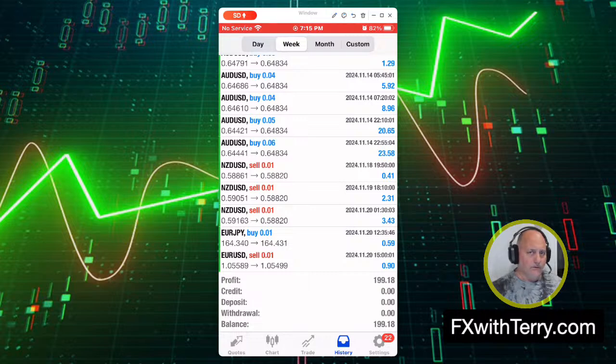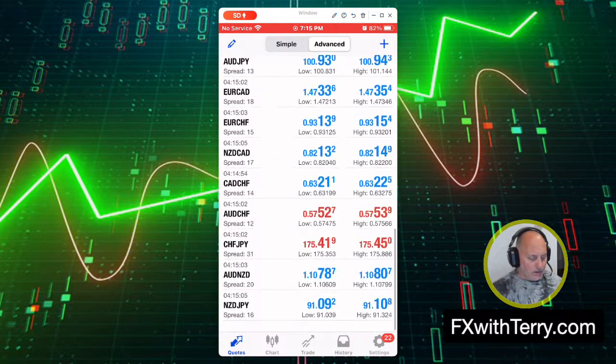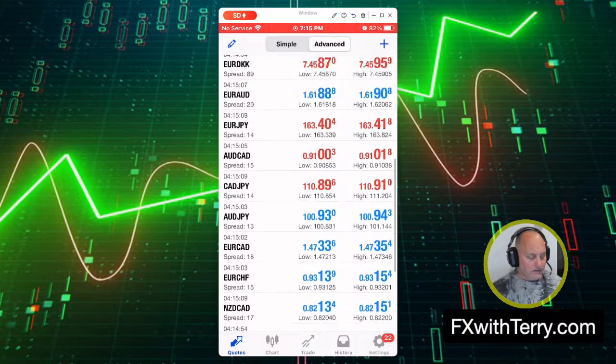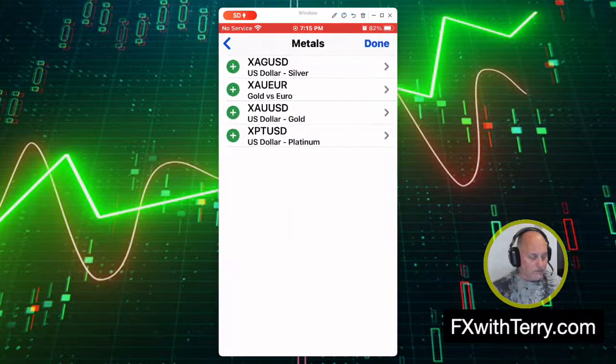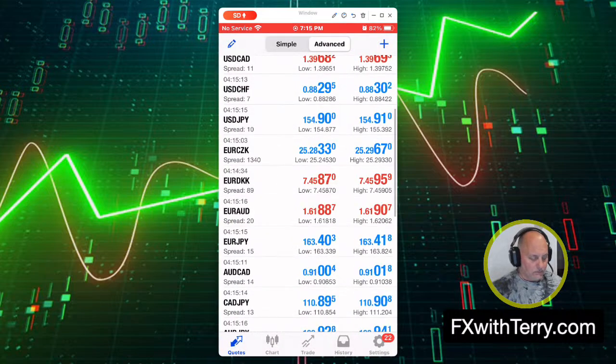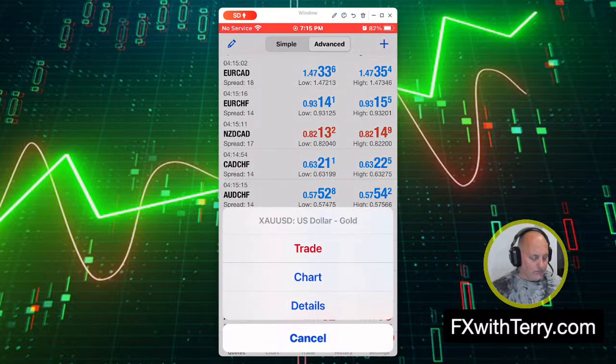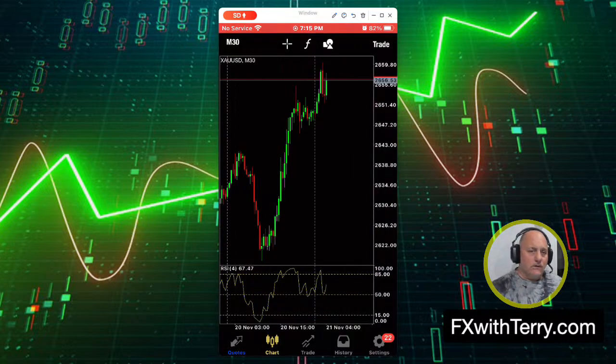Now, let's go back to, I'm trying to think if I want to show you this. Actually, all I need to do is pull up gold on a chart. And I'm going to show you what I did as far as my hedge. There's no gold here. I'm going to add gold. There we go. Pull up the chart. So we're looking at the 30-minute chart. I'm trying to think of the best one to show you here.